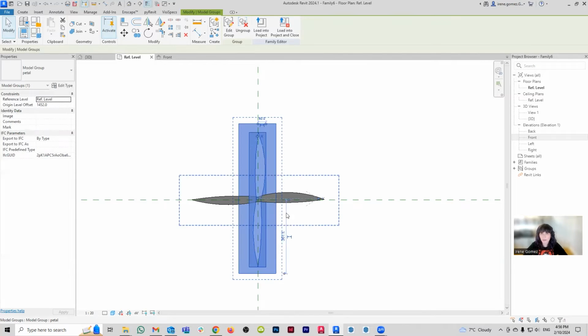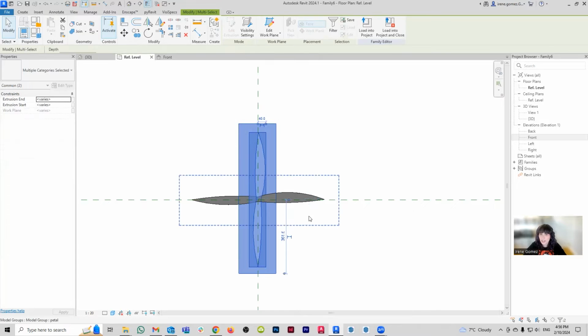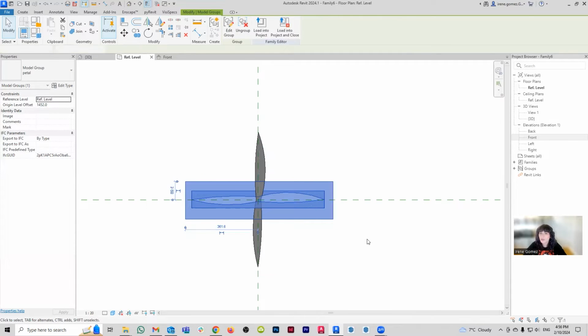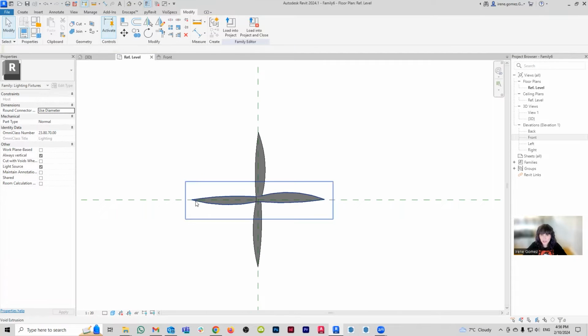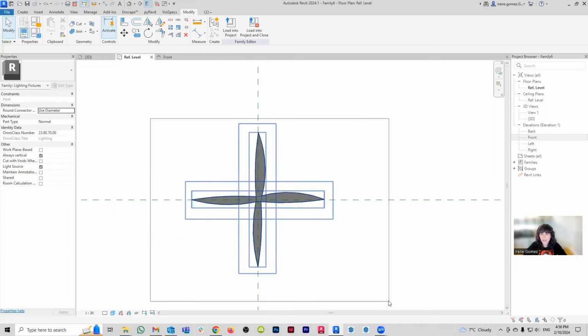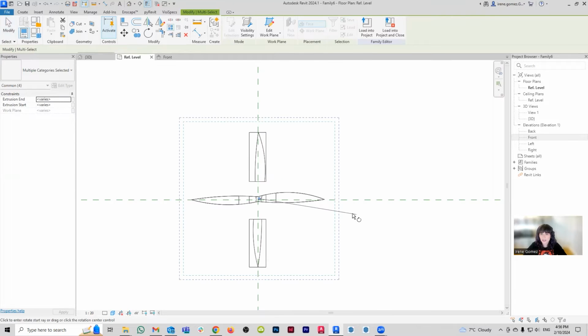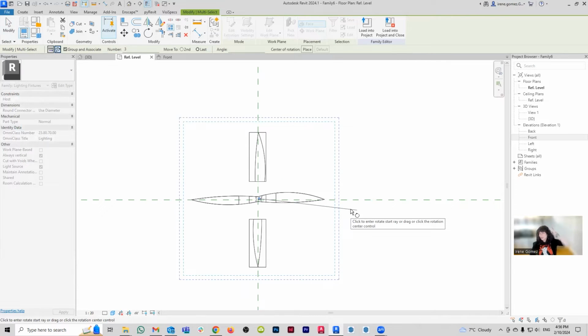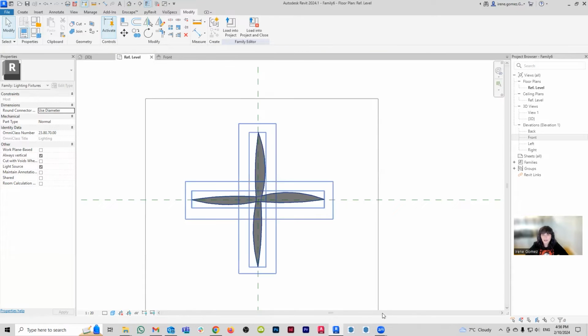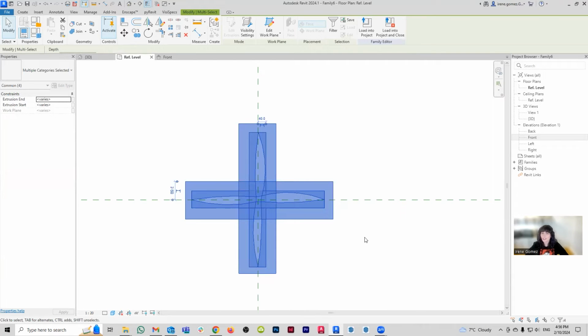So this is why we try things. Basically what's happening here is that Revit is telling me, let me see if it's going to let me do it now that it's not arrayed. There you go. Revit was just telling me, I don't really know what to do with this group. It's not going to let me do an array of a group in these conditions. Why is it like that? I don't know, man. Revit is weird sometimes. But now it's letting me do it. So sure, let's just roll with the punches.